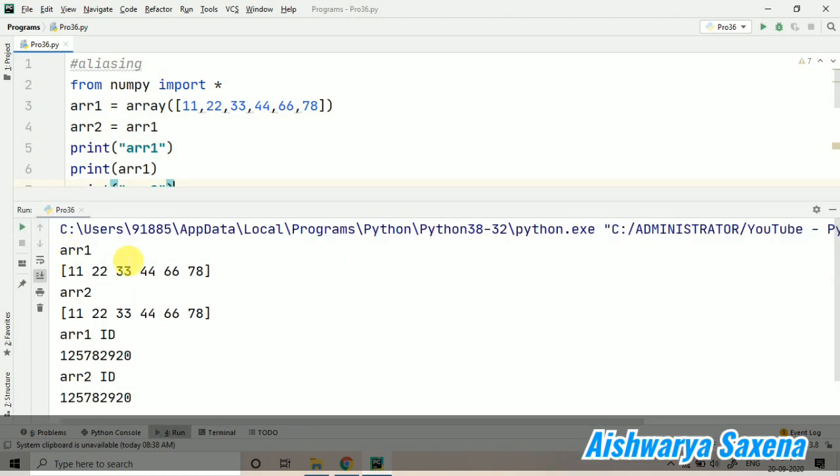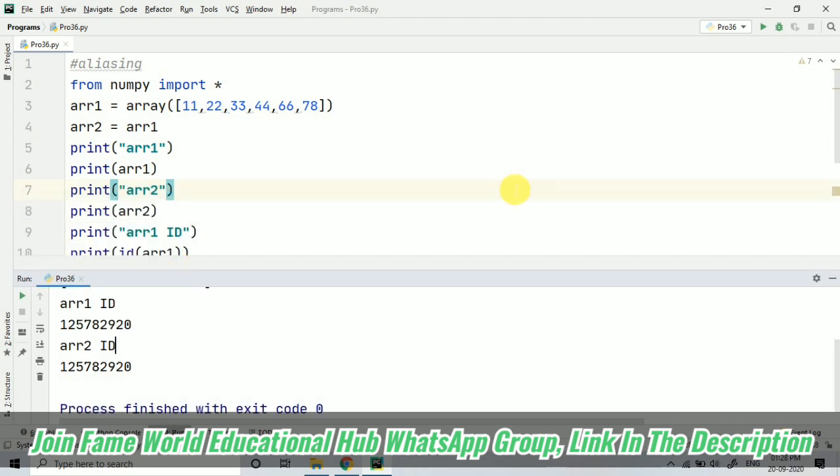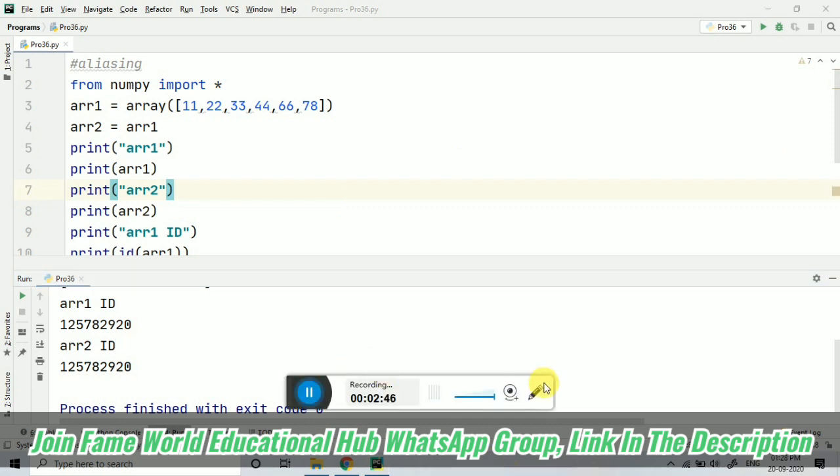So here you can see that the values of arr1 are now copied to the arr2 array exactly, and you can see the id also, that is the address of arr1 and arr2, they are also the same. This is really a considerable thing, that the id of the two different arrays are the same in the case of aliasing. And why is it happening? Basically in the starting I discussed with you that when we are talking about concepts like copying, or we are just assigning some value.